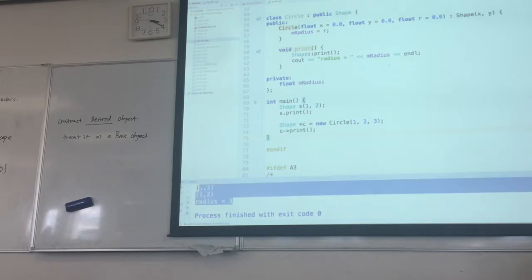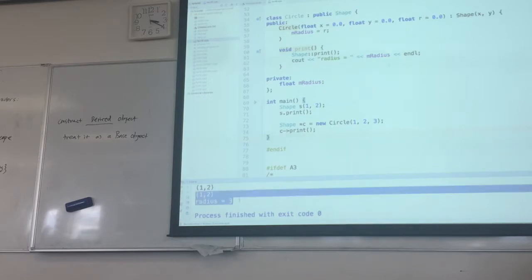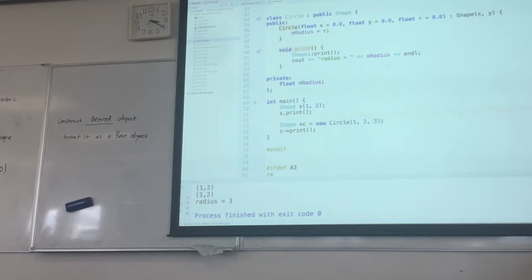So let's recall previously when we have a real object shape and a real object circle, the shape object prints out 1, 2, the circle prints out 1, 2, and 3. Right? Now we have an object circle, but we treat it as a shape. So the behavior of the circle is gone. Now I only have the behavior of shape. Right. So obviously we do want to have the behavior of circle, and we can fix this problem by using something called